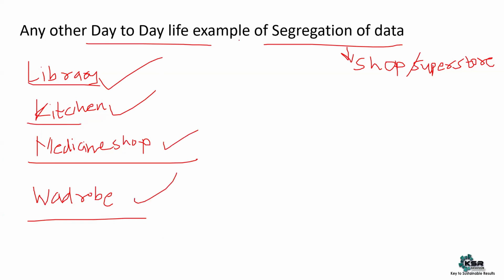There are many examples. If I go on adding day-to-day life, many examples. See, one of the best examples is your medicine shop. There are medicines with similar names, but there is only one alphabetical change. Even that one alphabetical change will completely change the diagnosis. So from a data analyst point of view, you should go back and understand the data in depth so that it is very useful for the end user.